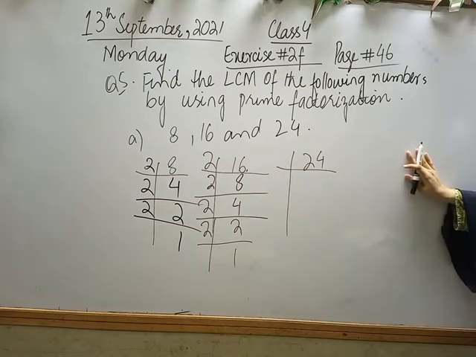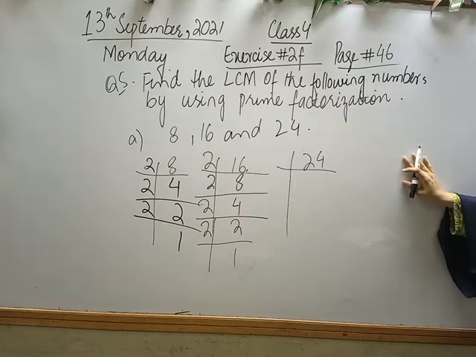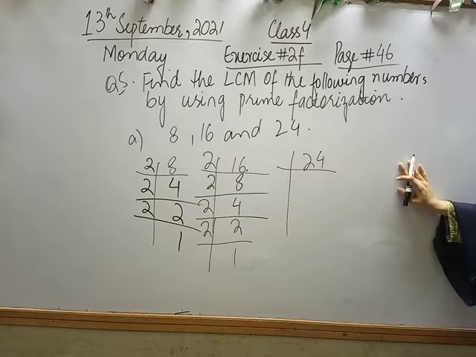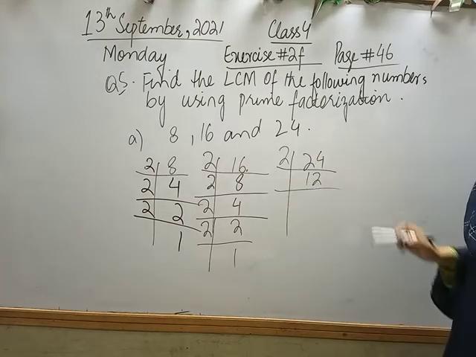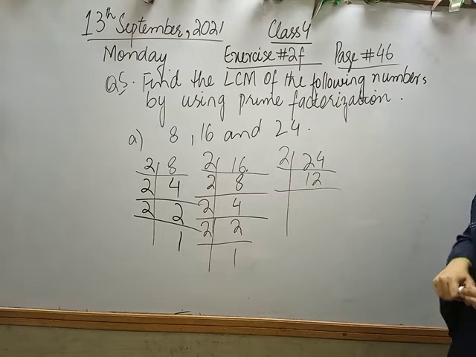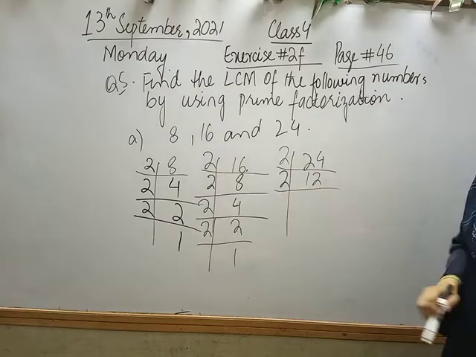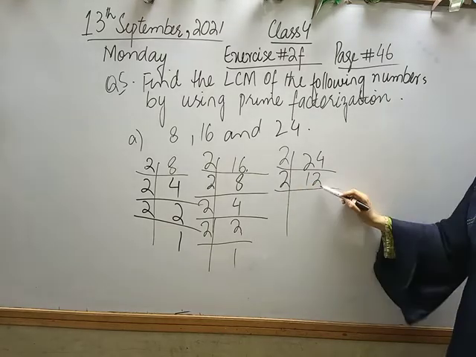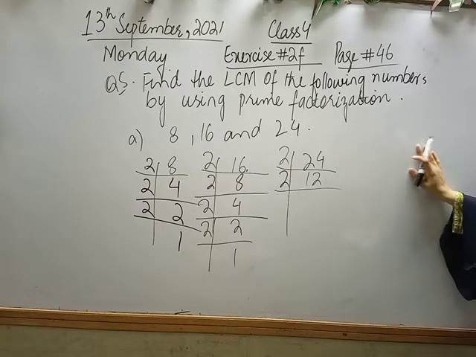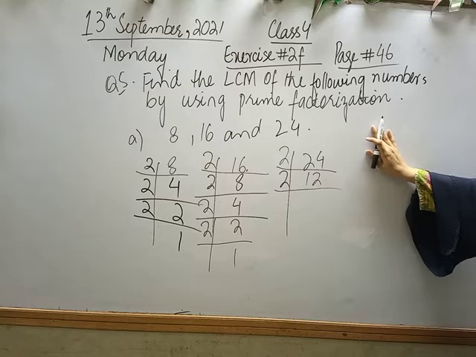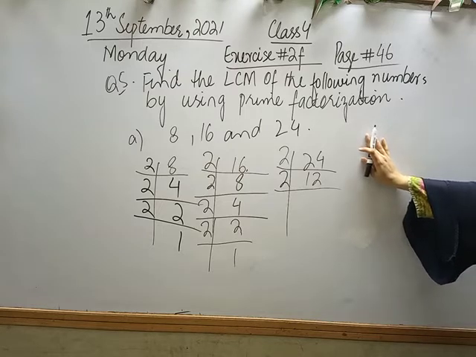Now let's move to the next number, which is 24. Now we have to do the prime factorization for 24. What would we do? We will start from 2. 2 1 times and 2 2 times is 4. Okay? 2 2 times is 4. Now class, again we will do for number 2 because the unit place ends with 2. Is it clear class? Okay. Now Hanan, you tell me by which number I will multiply 2 to get 12.